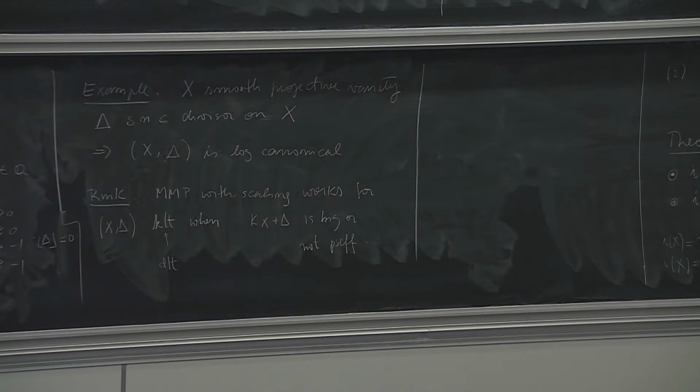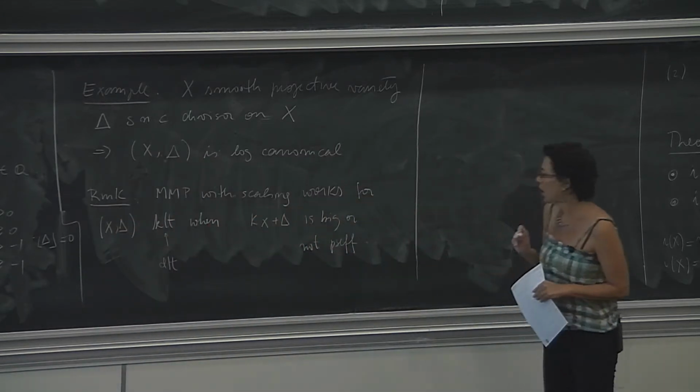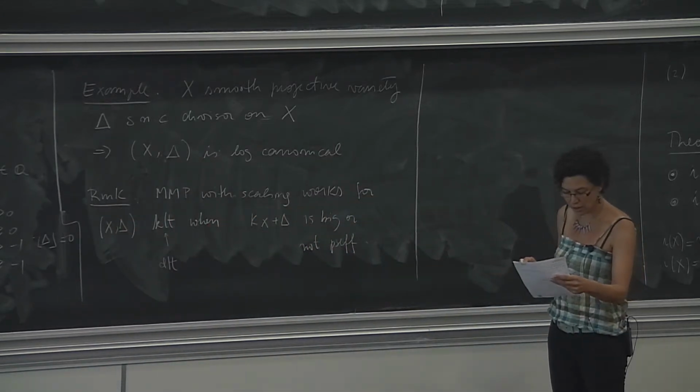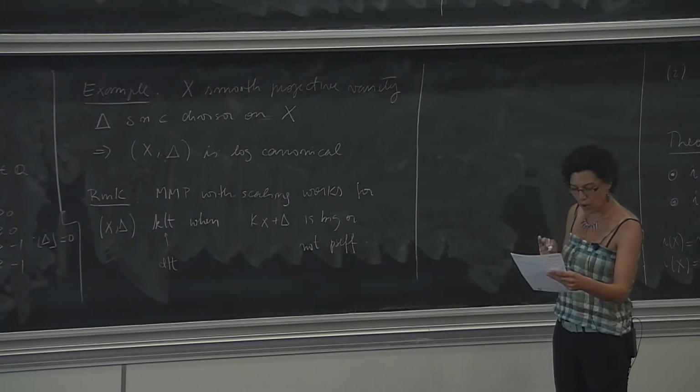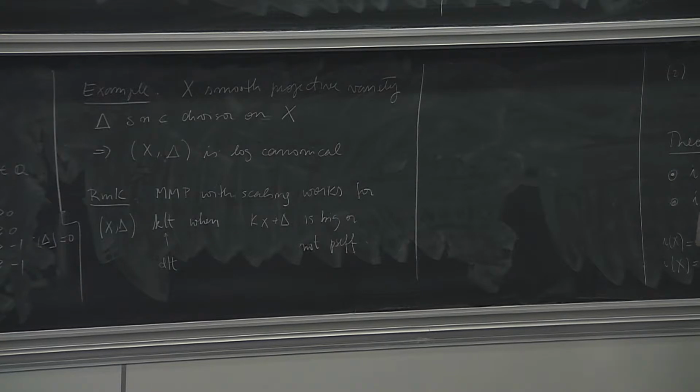And log canonical is the biggest class of singularities for which one can hope to have an MMP. So it is conjectured that we can run MMP in the log canonical case as well, but this is not known. Okay, so this is all the remarks and extensions in the case of varieties,